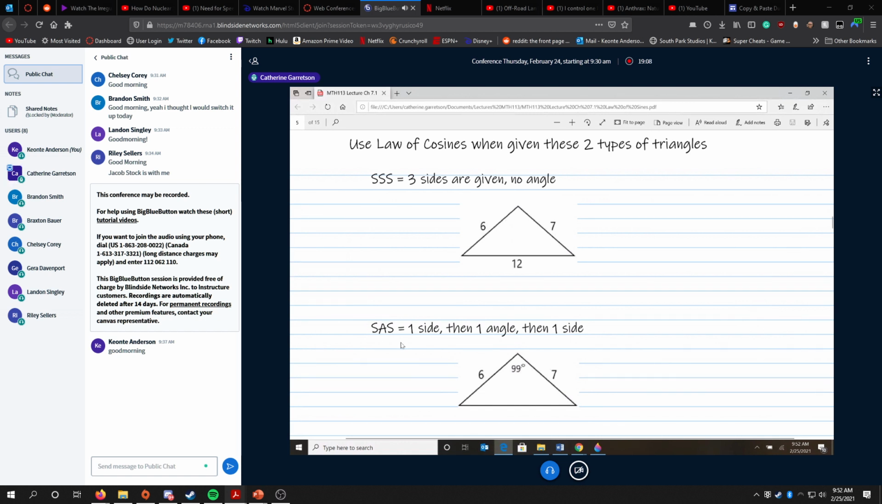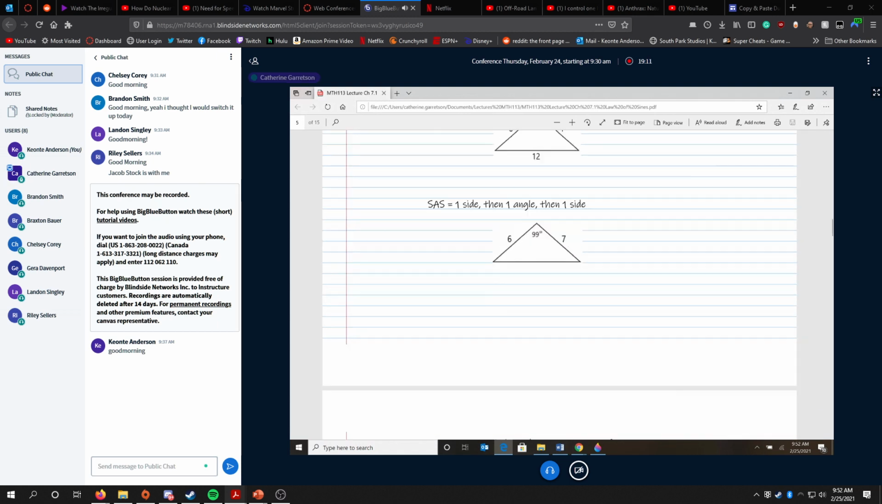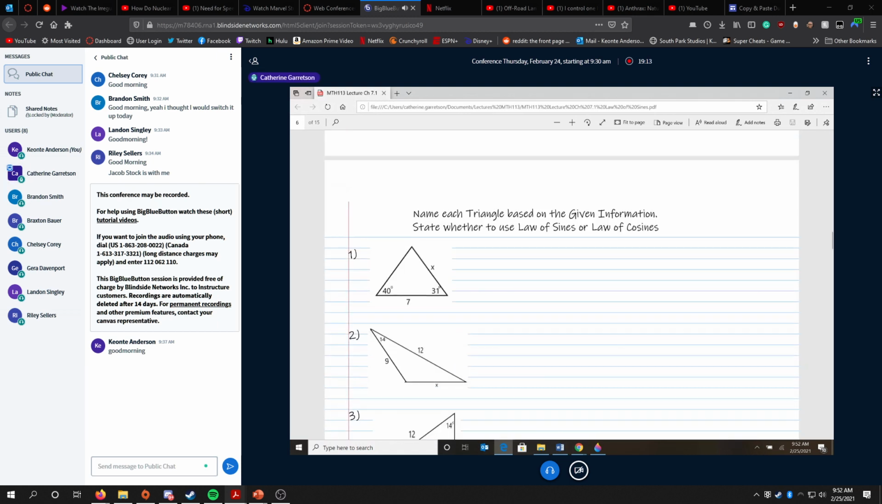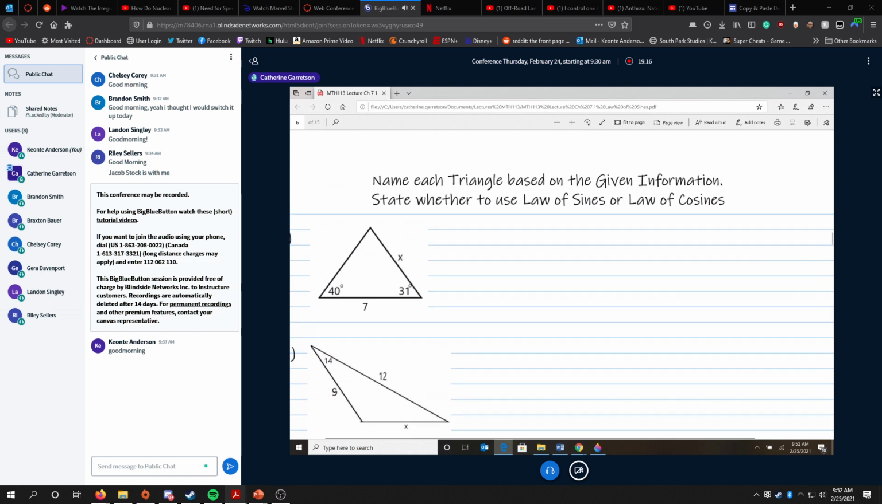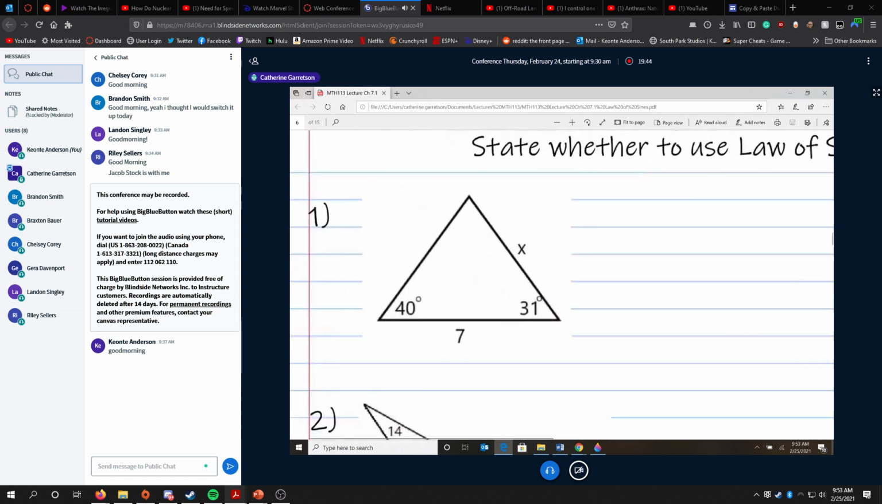Easier just to go right to the method you want to use. All right, so now let's talk about just naming. Because the type is so important to know which method to use, let's first name the information that you were given. And it's not the information they're trying to find, it's the information that you're given. Based on what we were just saying, what's the name of this type, and do I use law of sines or cosines? So looking at problem number 1,